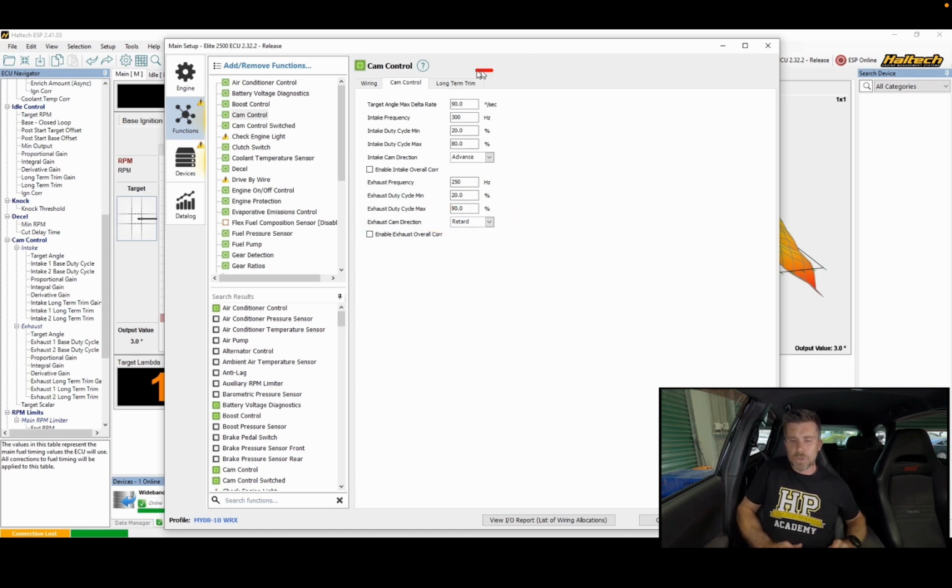The Haltech also gives options around long-term trims for a lot of functionality. I'm not going to deal with that today though. It gets a little bit beyond the scope of our course in general. So at this point we've got the main aspects of our cam control system dialed in, set up in the